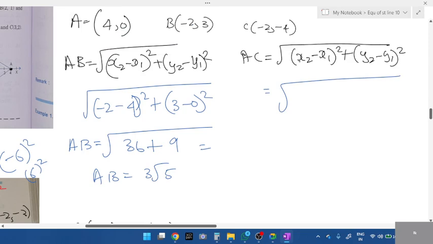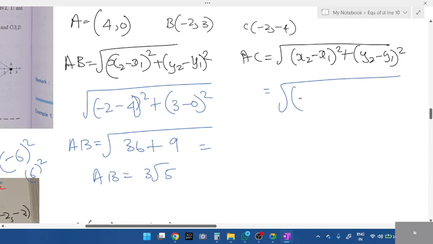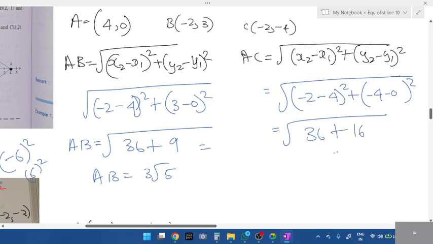Direct value. What is x2? See, now combine A and C. Ignore B. Combine A and C. What is x2? Minus 2 minus 4 the whole square plus minus 0 the whole square. Next, 6 square is 36 plus 16. The answer is,